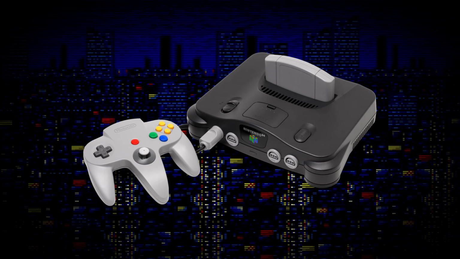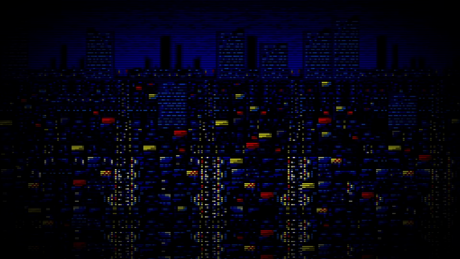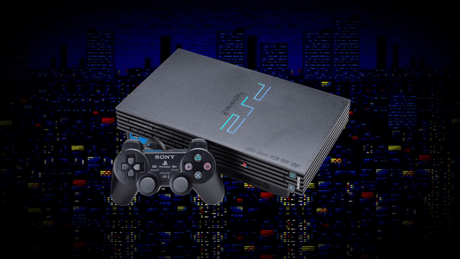Now, does this make it not a 64-bit system? Well, again, it's a yes and no situation, because technically the system was 64-bit, it just wasn't necessarily used as a 64-bit system. Yeah, nice and clear there, but especially for marketing purposes, it was 64-bit. The next generation on gets even more confusing.